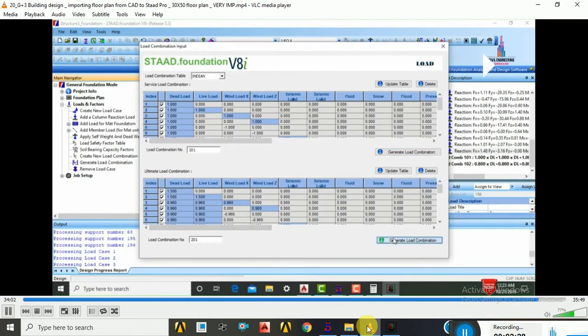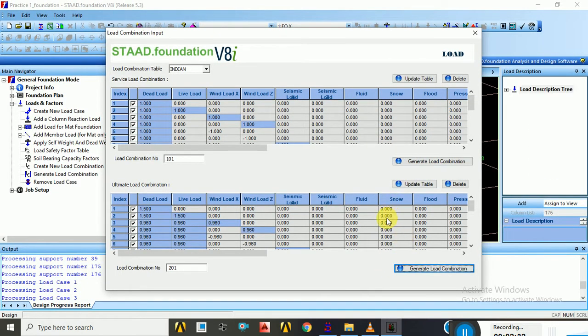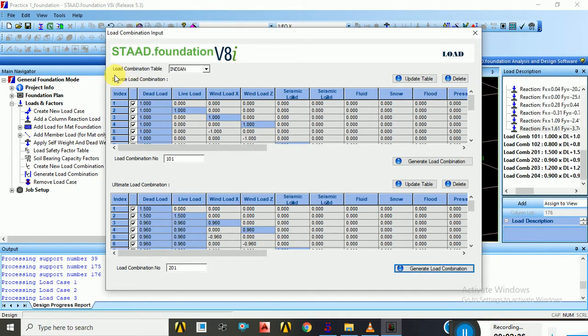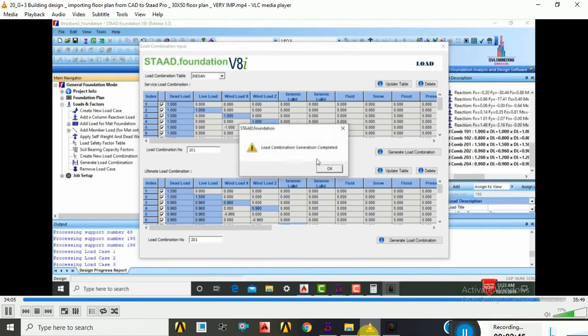So after that, click on generate load combinations for the ultimate load combination. So click on OK. Click on cancel this.